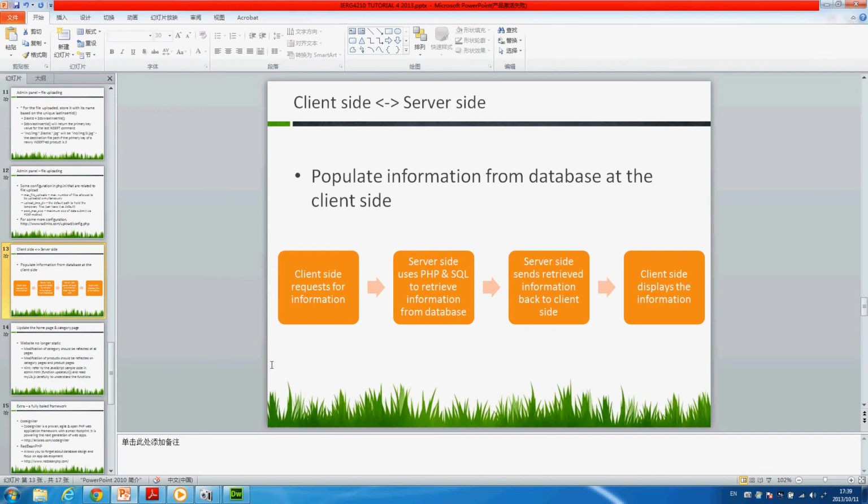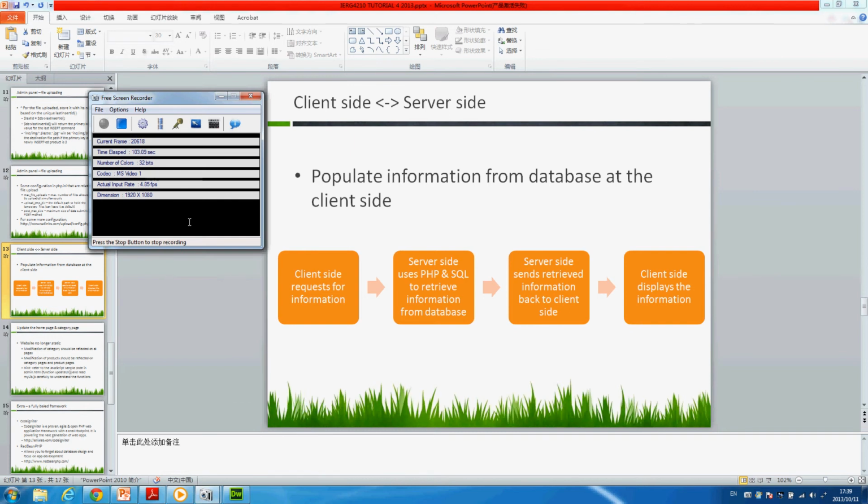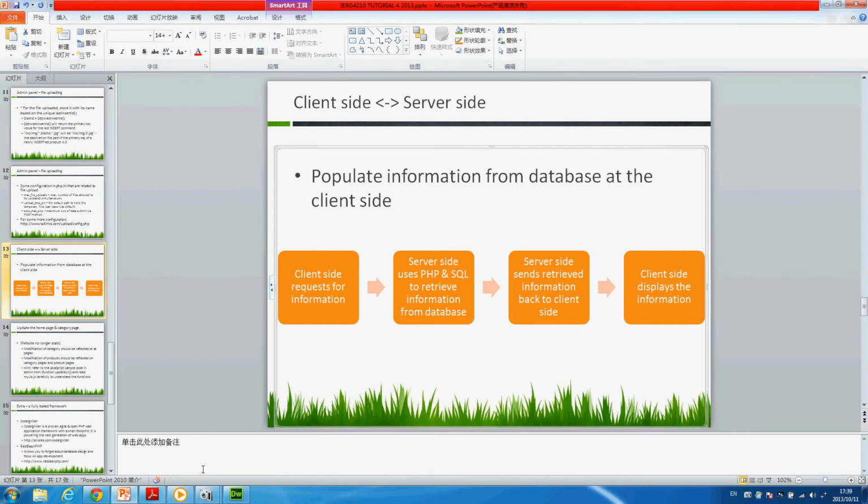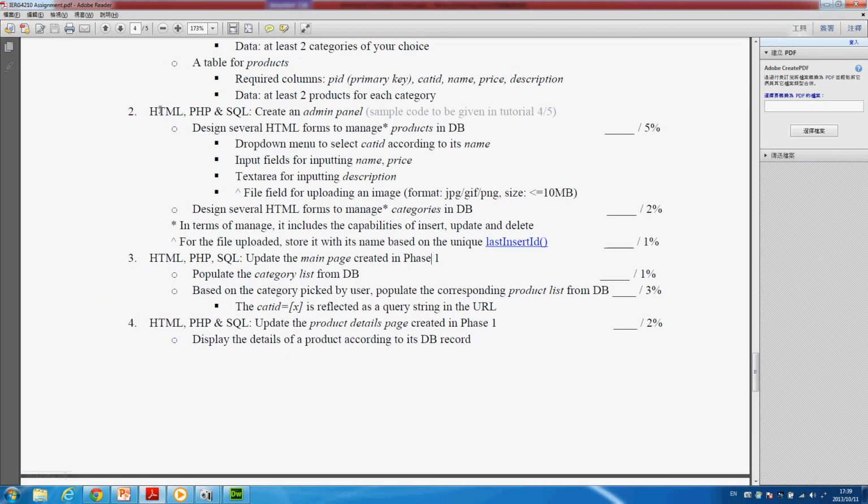This is the first part of the requirement, about the interaction between server side and client side, and it occupies 8% in total. The second part is to update the main page, creating phase 1,